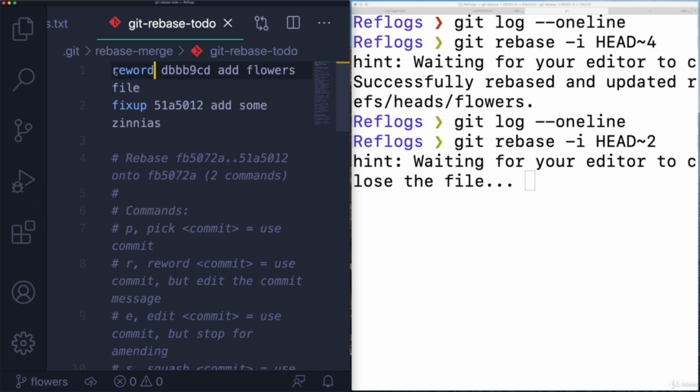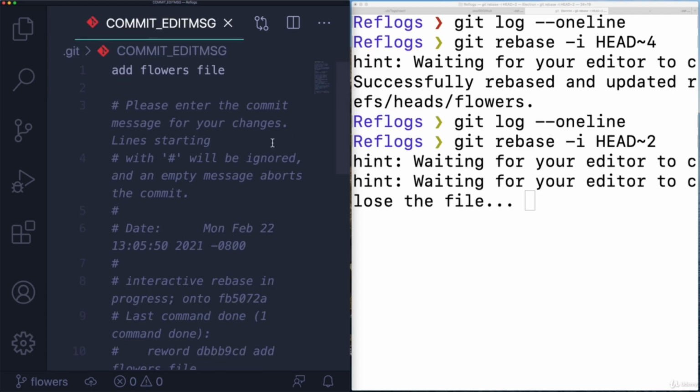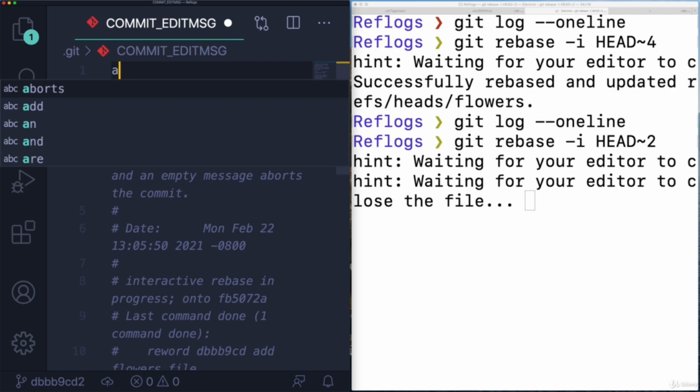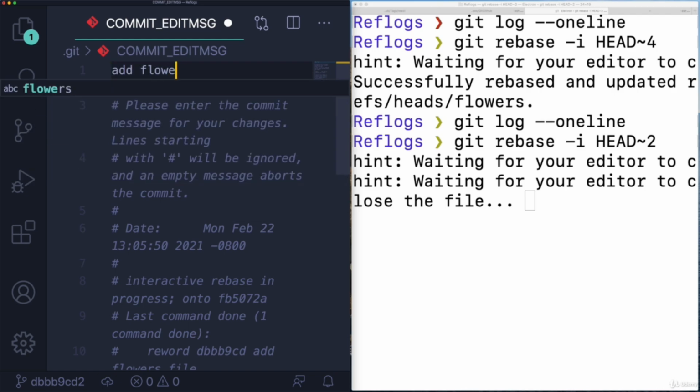So I can do that. I'll come up with a new commit message and then mush this one into it. Now when I close out of that window, it opens up the commit message that I can edit. So instead of saying add flowers file, let's go with add flowers, add list of seeds. Okay, so I'm basically taking all that work I did and combining it into one new commit with a new